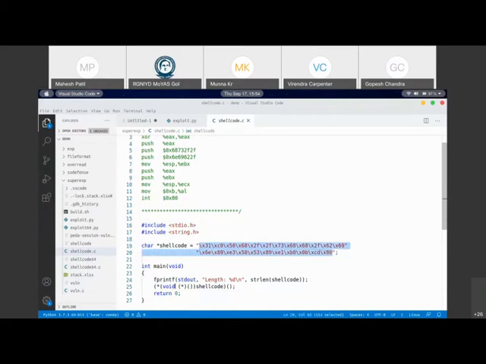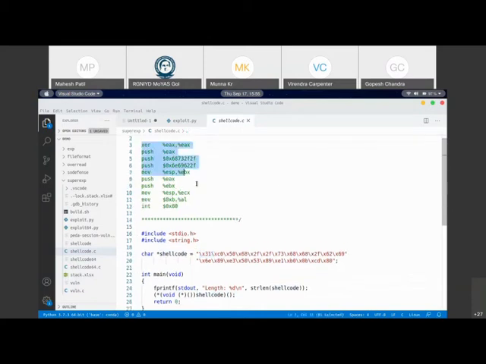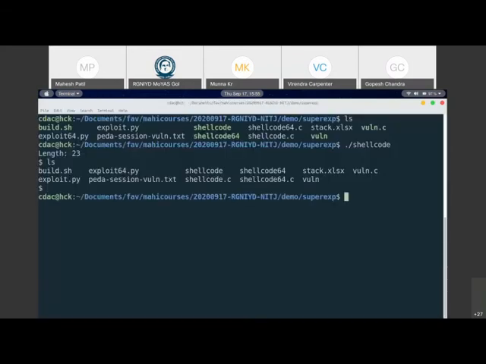That's it. If you see, this is a function pointer which points to the variable shell code, which is this one, and it goes and executes this set of instructions. These are those set of instructions. I was able to get a shell. So easy as such to get a shell, right? But this is what we want to pass as an input to our program.